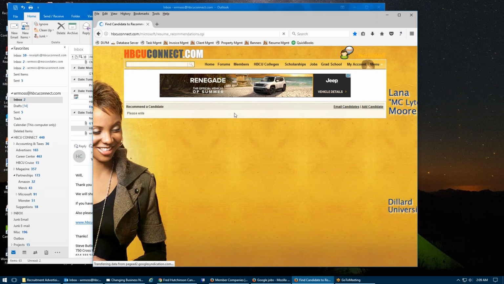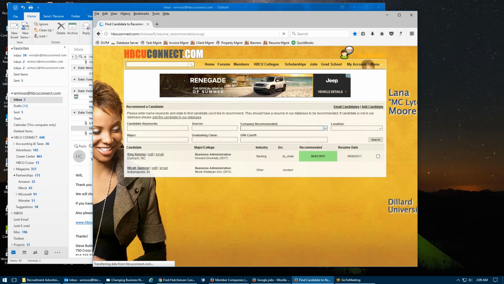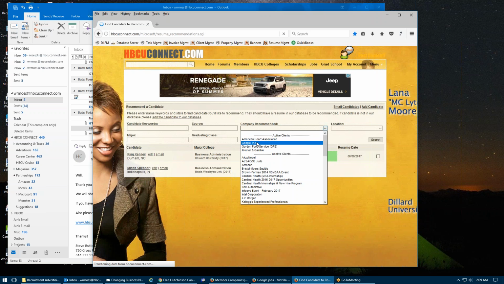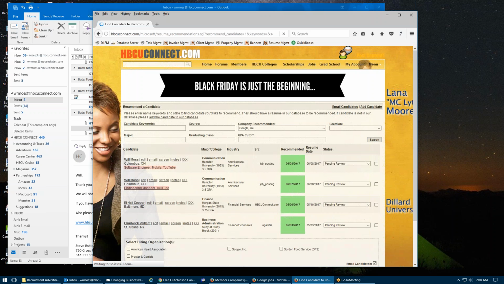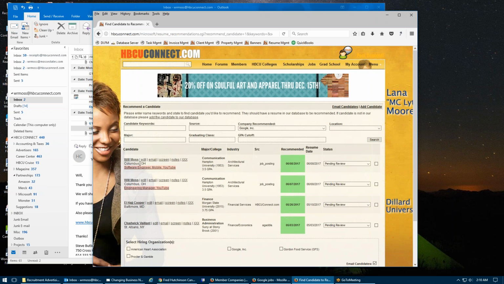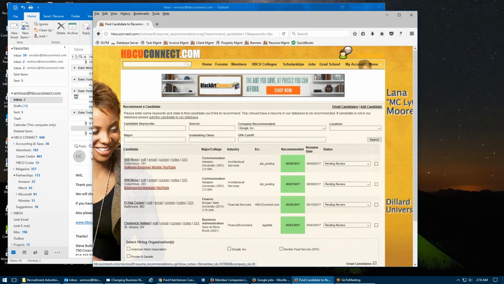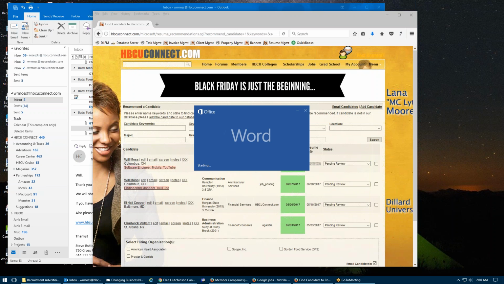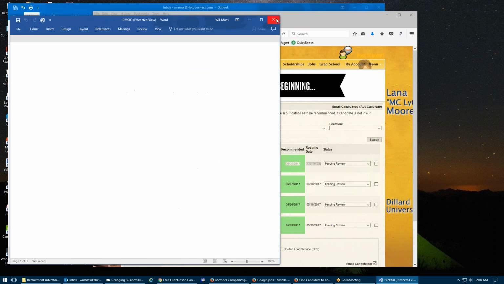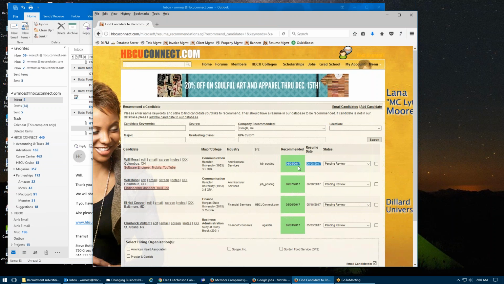So I'll pull it up real quick for Google. So in this case, we select Google, and we'll have a list of candidates that submitted their resume for Google. And so this new candidate, once I filled out that form, the information shows up here. And then as a part of our screening process, we can look at their resume that they uploaded, and we also can